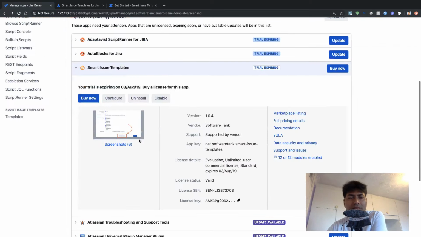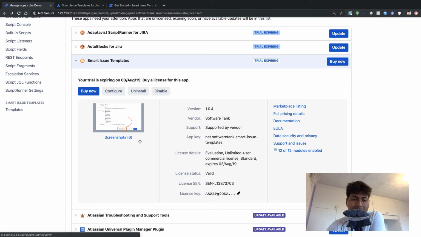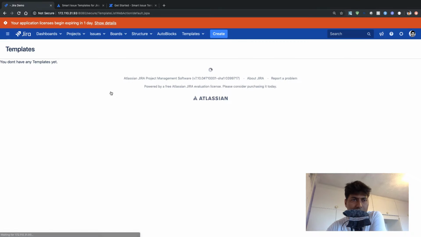After installing the app, and by the way, this is the first time I am trying to use the app, and I want to see the experience, whether this app is intuitive or not. After installing the app and after installing the license, you have the option to configure. Let us see if we can do something when we click on the configure button. Let us wait for it to load. I think when you click on configure, it will take you to the templates page,